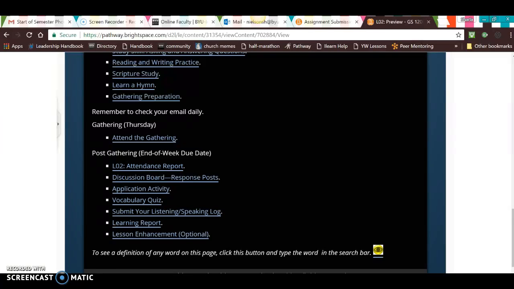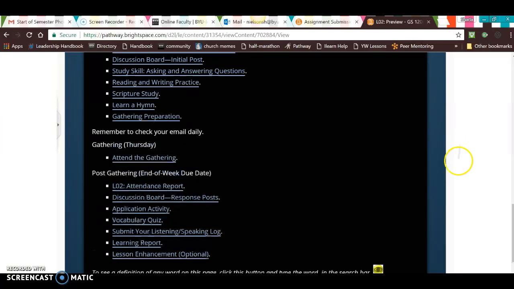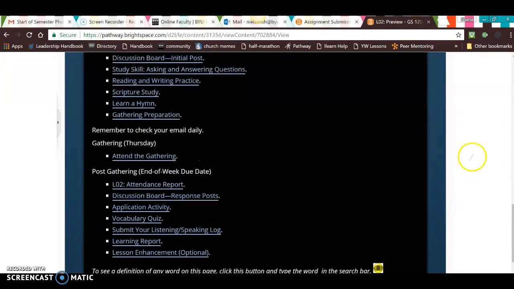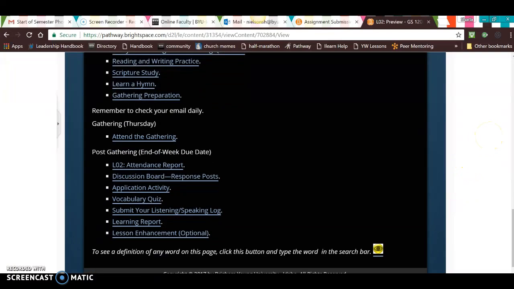And there's two parts to the vocabulary quizzes. The first part is they're given 5 vocabulary words and they have to create their own sentences, and you will grade that manually. You also grade the reading and writing practice, the listening speaking log, the application activity, and the discussion board, I guess. Those are all the things that you'll grade manually,